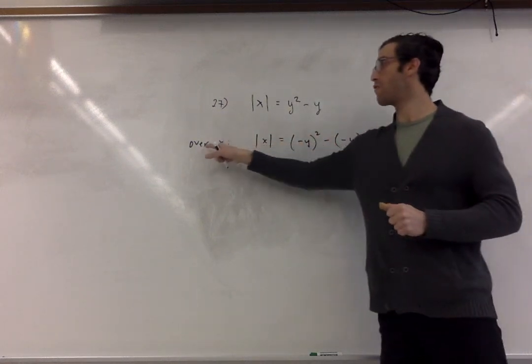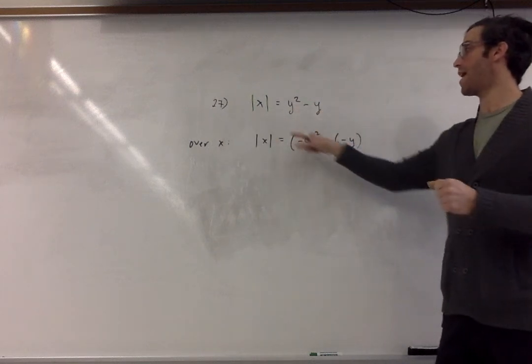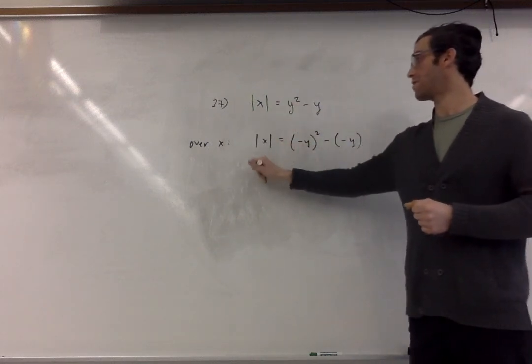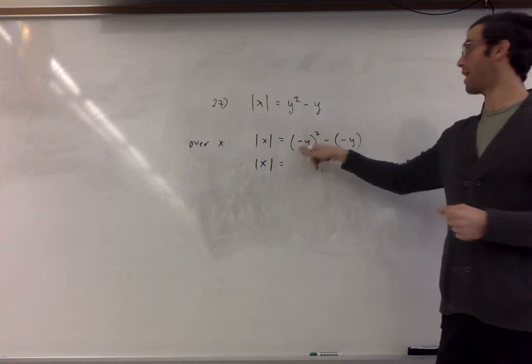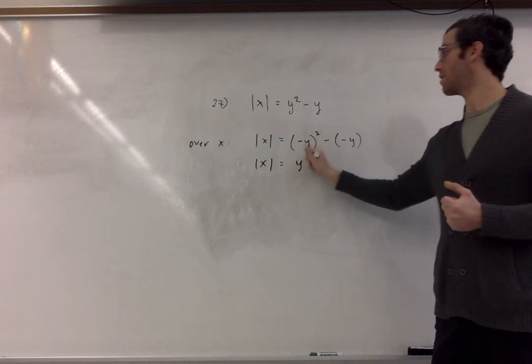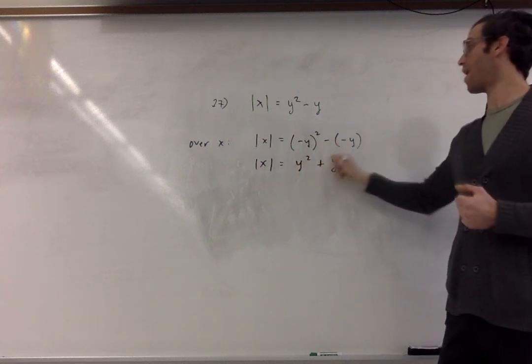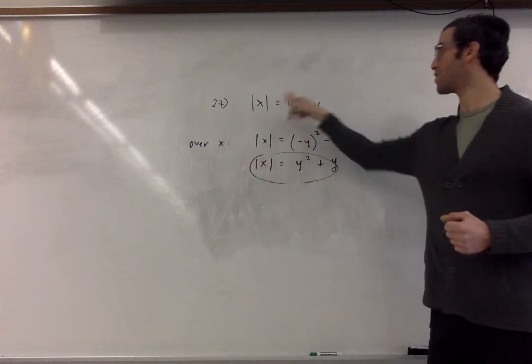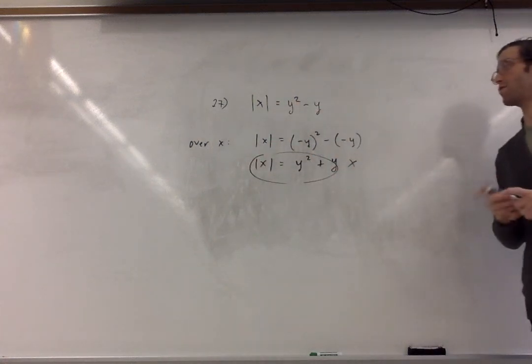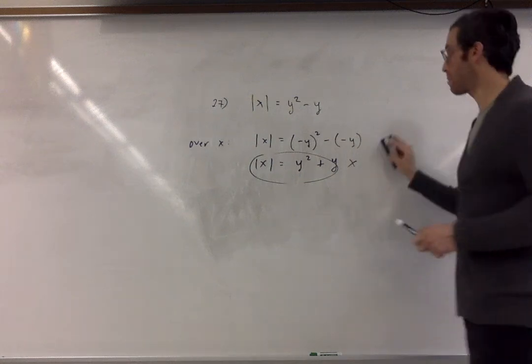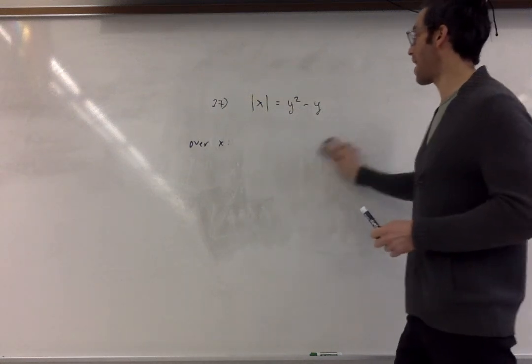So just test symmetry over x, you plug in negative y instead of y, and just see if you get the same equation. So if we simplify this, negative y squared is y squared, and this is plus y, right? This is not the same as this one. So this does not have symmetry over the x-axis, but it does have symmetry over the y-axis because